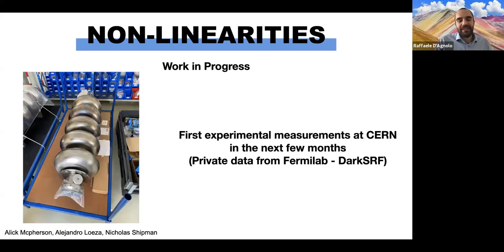But most importantly, we are starting to make some measurements. So there are some measurements at CERN that are supposed to take place probably in January or February, and some others already ongoing at Fermilab, but from which we are hearing only rumors. But from the rumors we've heard, this effect should be negligible for us. So what I'm going to show you in the following does not include it for the moment. But okay, you should stay tuned for updates.